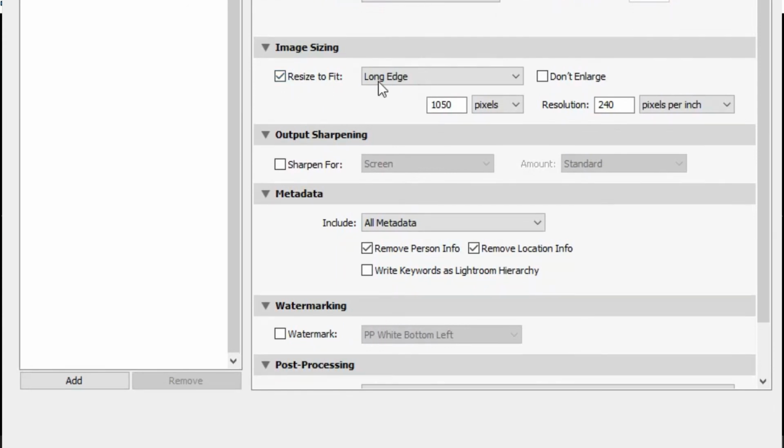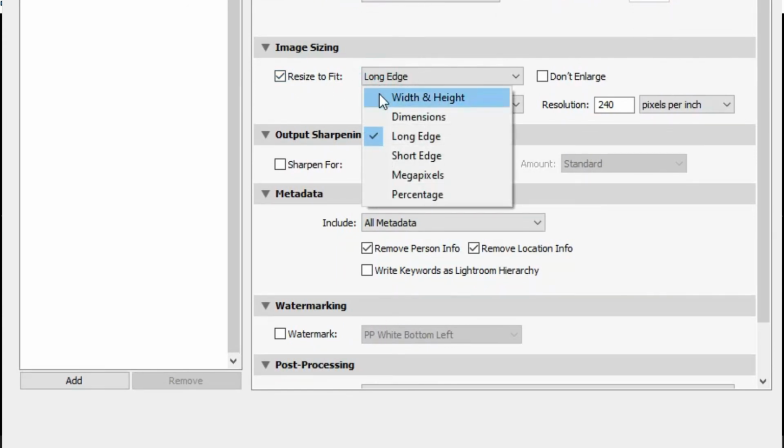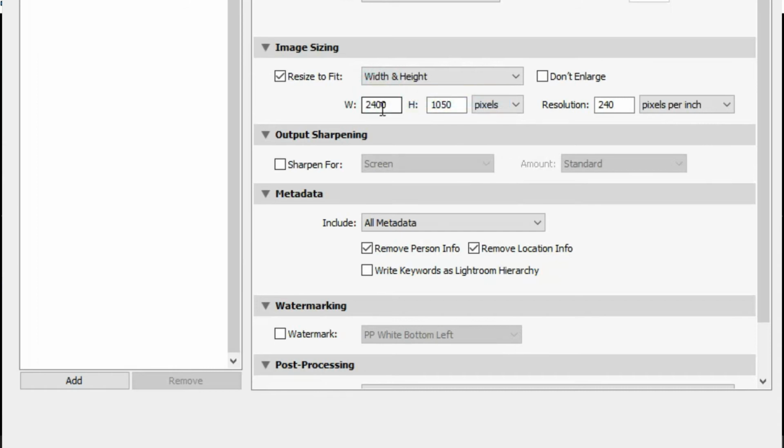Now, in terms of resizing, we want to change this format now to width and height. Width, as I've said to you before, is always going to be 1400. Height is going to be 1050. Now, the reason why we do width and height, if we only did 1400